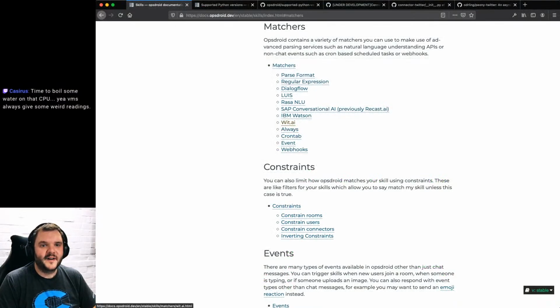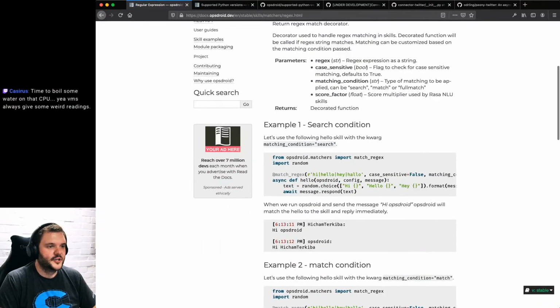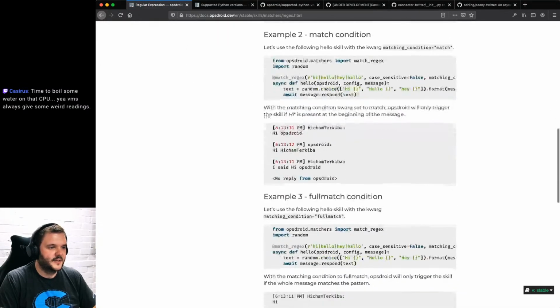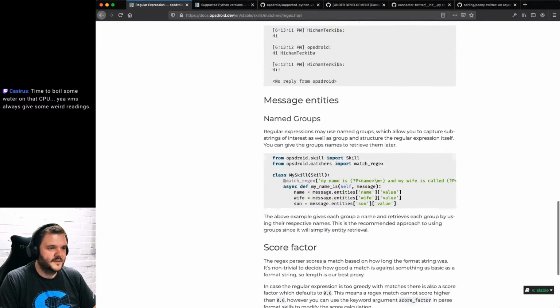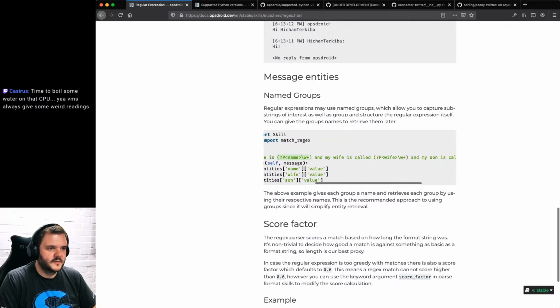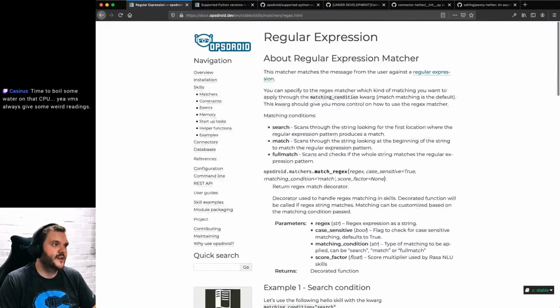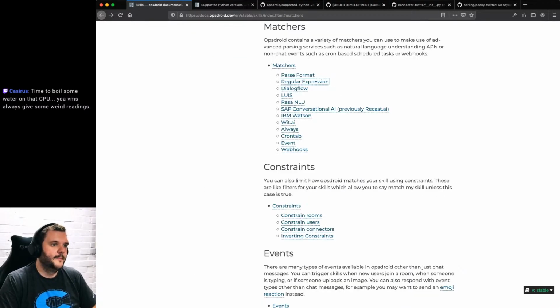So yeah, we support advanced matches. So you can do regular expressions, and that's fine. That's the most common use case, and you can do group matching and all sorts. So somebody says, my name is, and you do a little group match like this in a regular expression, and my wife is called this. You can grab those values in the skill, which is useful, and that just uses regular expressions to unpack those. But that's entry level.